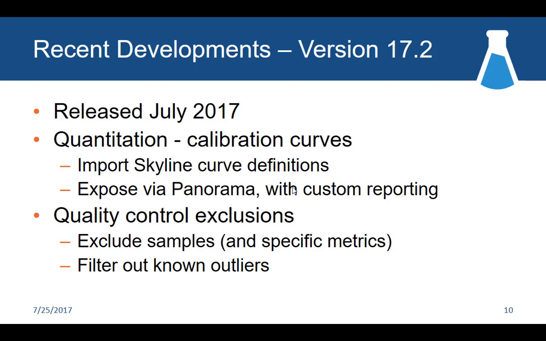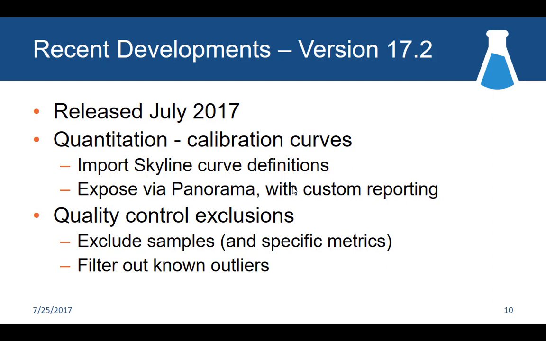And then quality control exclusion. This is a new feature where, let's say you've got one problematic sample in your QC run. It's something that somebody used the wrong QC sample when setting up the run on the instrument. So you may want to go ahead and exclude that to say, yeah, I know something's wrong with this one, but it's okay. I've looked at it, and you can do that either based on just the single sample level, so across all the different metrics, all the different peptides,